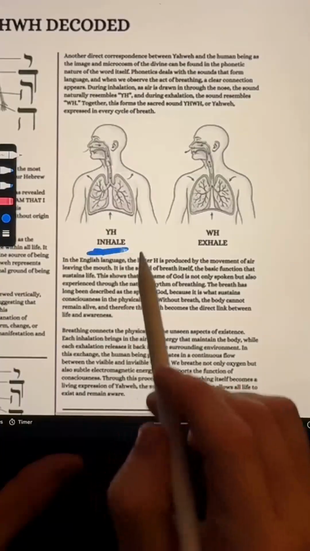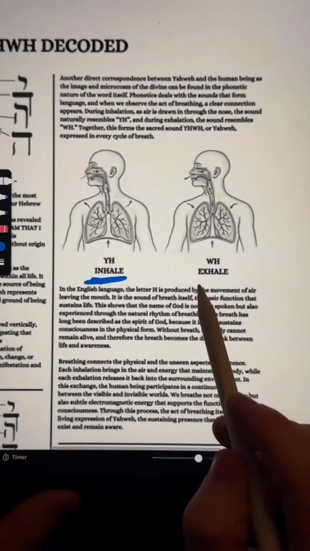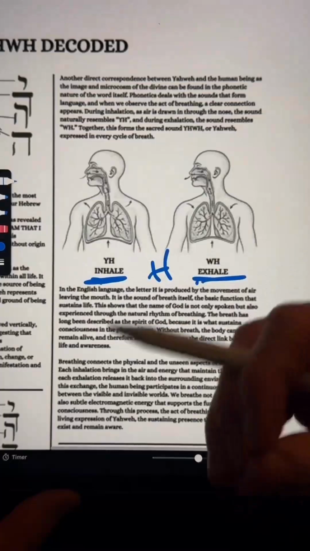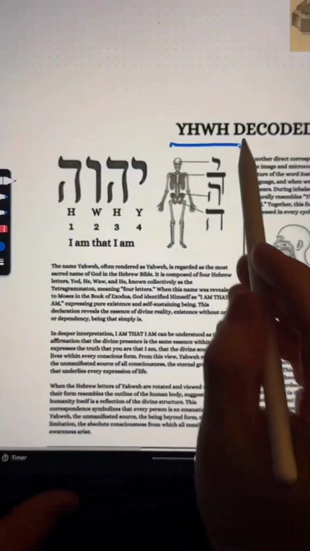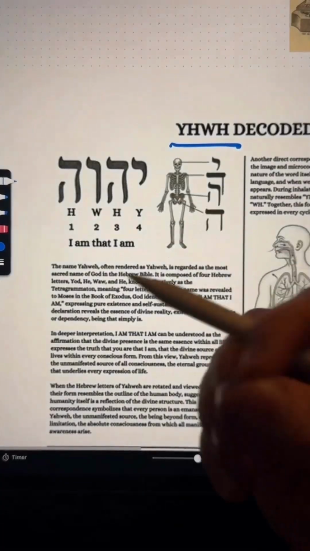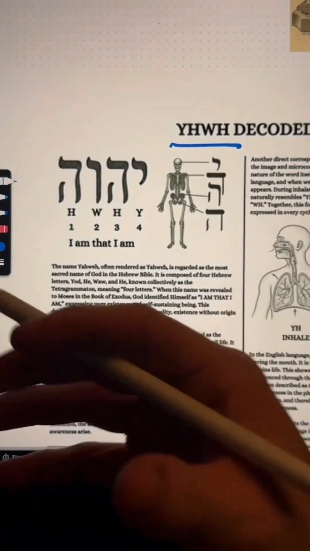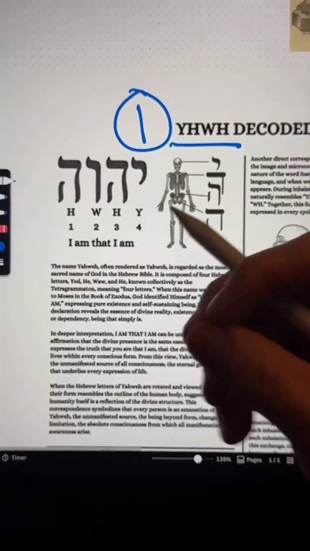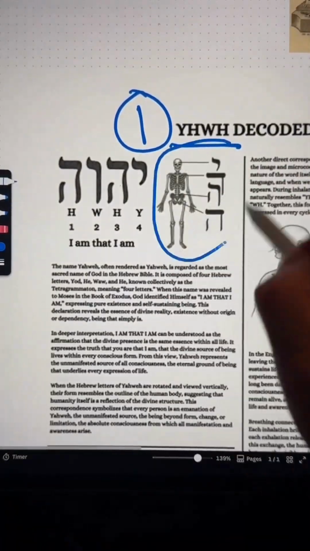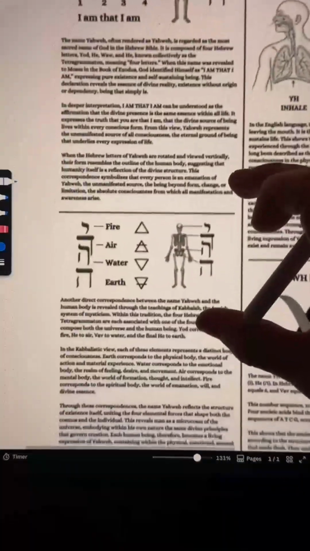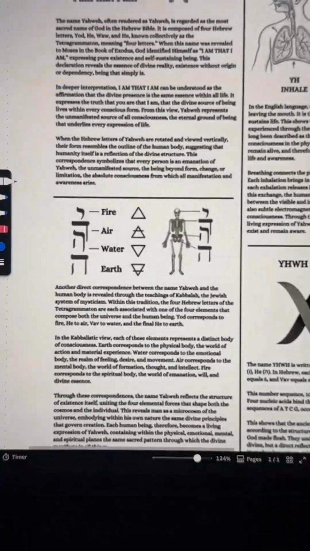When you inhale, it sounds like YH, and when you exhale, it sounds like WH. H is the letter of breath, ha. Yahweh is not talking about a god in the sky. Yahweh is the name of the god inside the self, because we are all one singular consciousness, experiencing this same consciousness in a different physical body. We are all expressions of Yahweh. We are the divine manifesting itself in the 4 different bodies of consciousness.